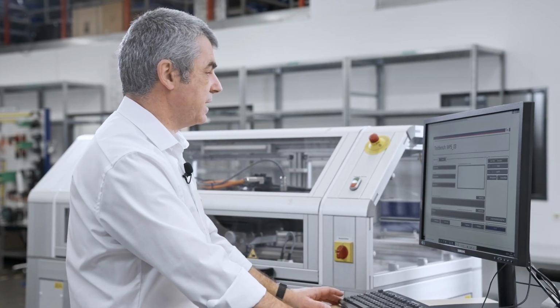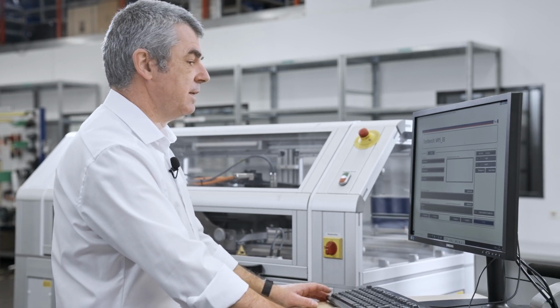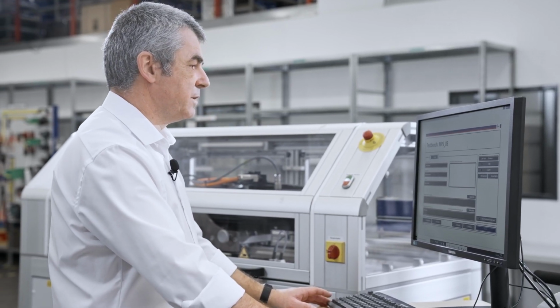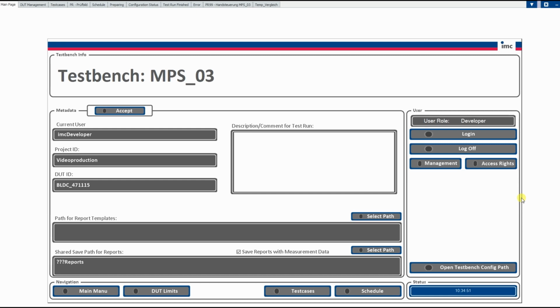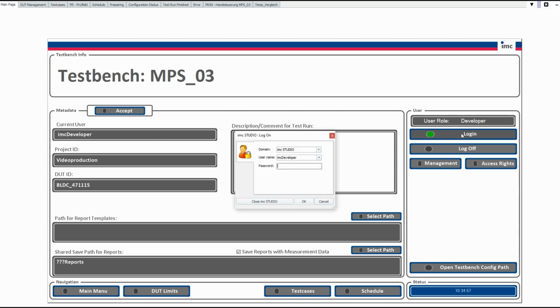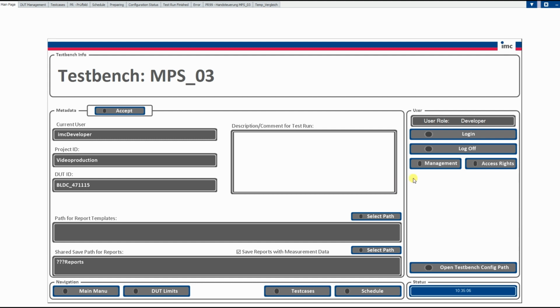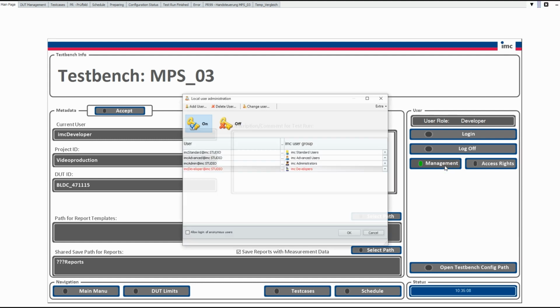After starting the IMC test bench software, the first panel will appear in full screen mode. This is the so-called main page. On the right-hand side, we have the predefined user roles, which can be changed. Clicking the login button, we can go to the 4 different levels we have, from a standard user up to the admin user. We can add new user roles with the management button, or we can change access rights with